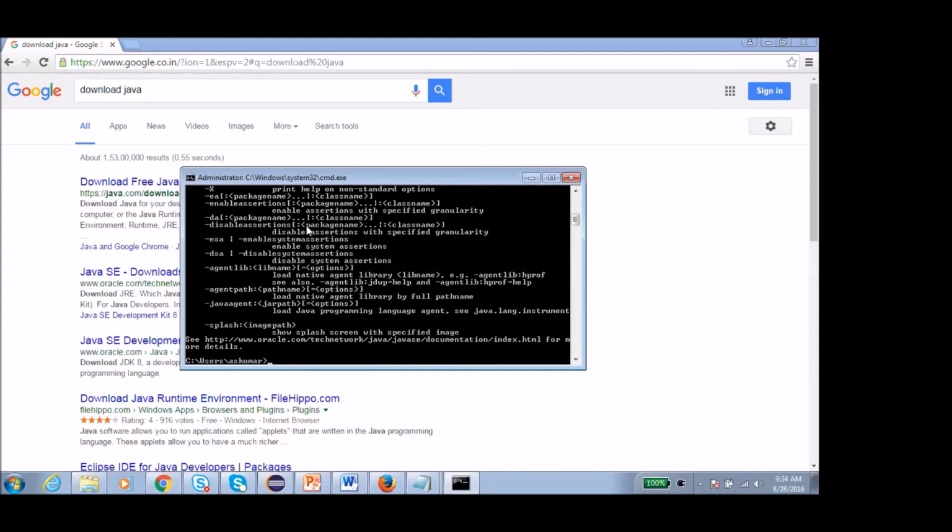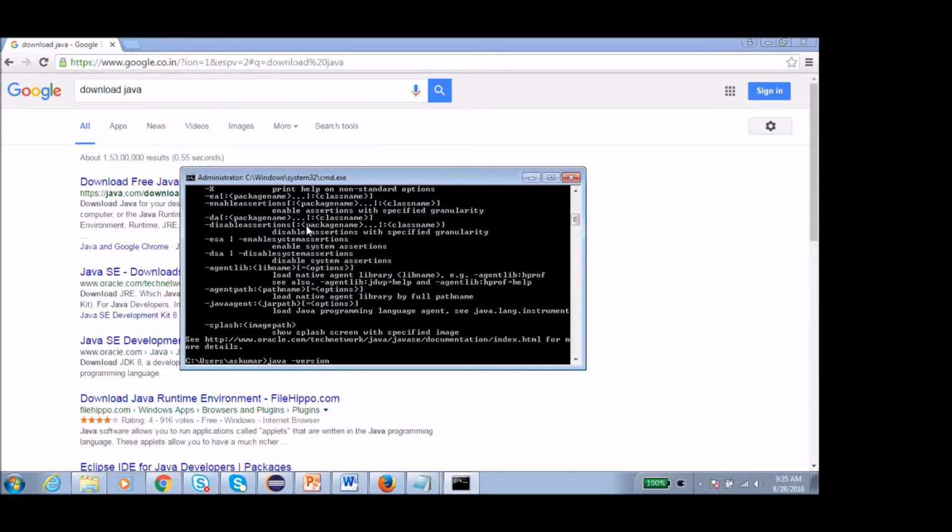It is showing everything is there. So Java is there. Now we want to verify which version of Java is in my computer. So just write java space hyphen version. See, everything is in small letters, lowercase.